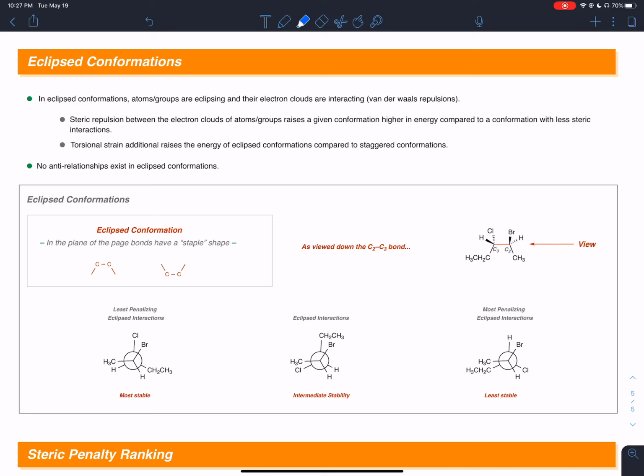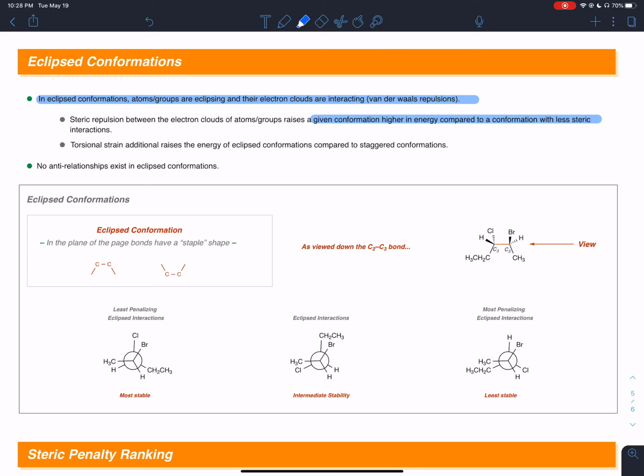Hi everyone, in this tutorial we are going to talk about eclipsed conformations again and how to identify steric interactions in eclipsed conformations. Eclipsed conformations have atoms and/or groups that are eclipsing. Their electron clouds are directly interacting, there is torsional strain, and there is van der Waals repulsion. This direct repulsion and interaction of these groups will lead to these eclipsed conformations having higher energy compared to those with less steric interactions, like your staggered